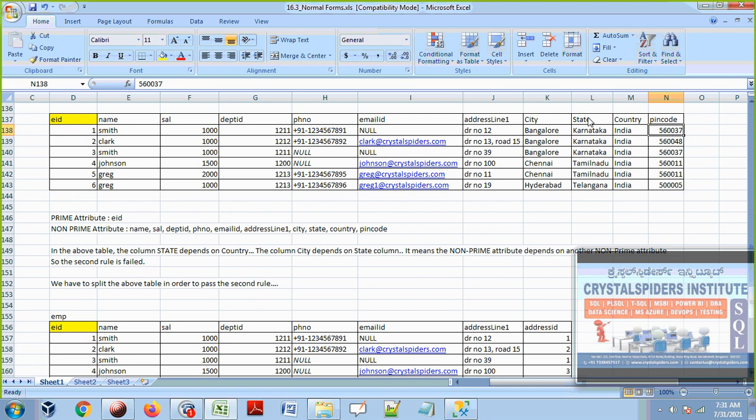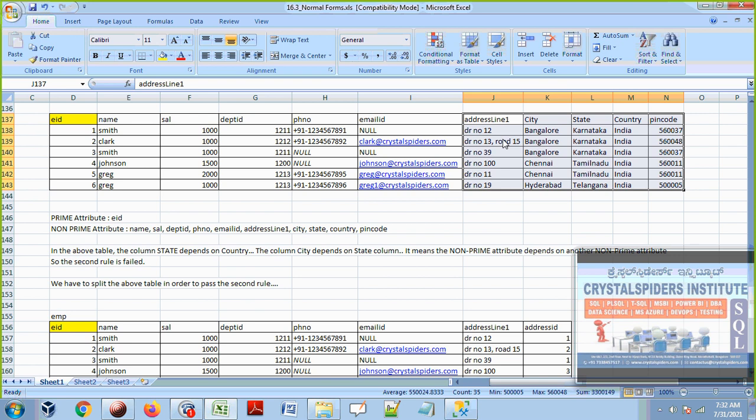Because you see that when you change the value in a state, it is affecting the values in the address line and the city and the pin code. Okay. For suppose if I change the city, from Bangalore to something different, let's say Mysore, then state and country are the same, but pin code may change. Pin code and address will change. You see that, guys. So if you observe, these are address columns in this table.